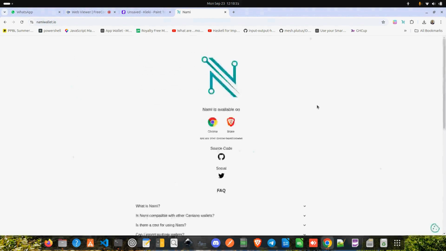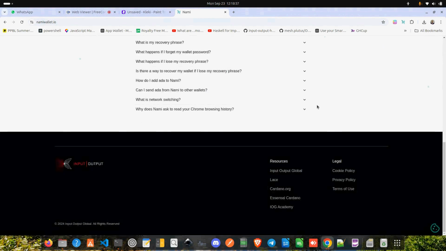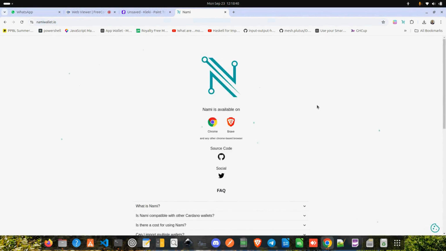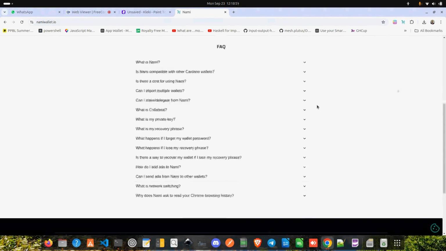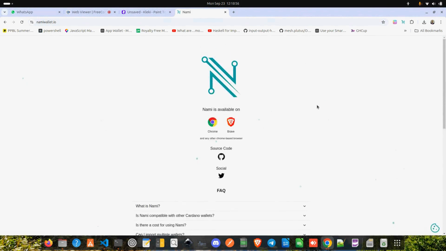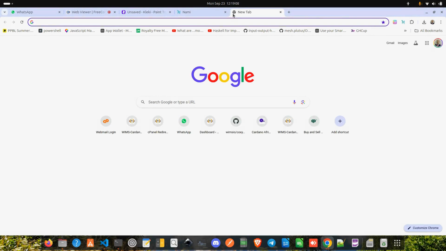See, the people who created this document here, namiwallet.io, they've already assumed that when somebody gets in here, he's going to know how to install NAMI. It is not the case. The person is going to read here, but then says, how do I put it on my browser? Here he says, NAMI is available on Chrome, Brave. Then where are the instructions to take you from, this is how you install it? That is what